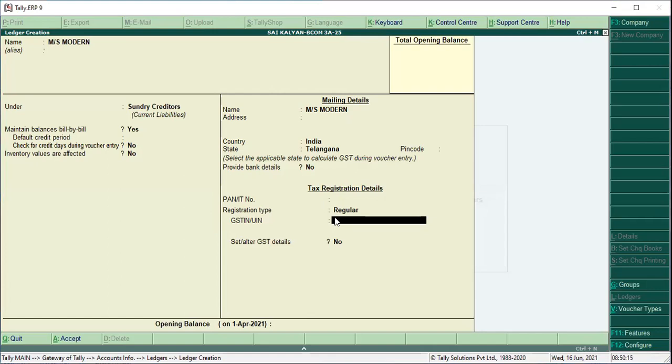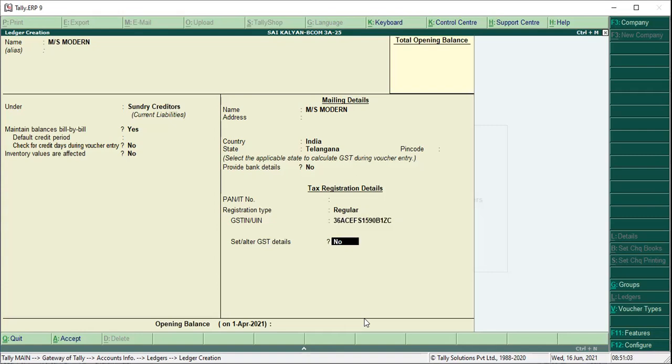You have to paste. You have to write 36 ACEFS 1590 B1ZC.